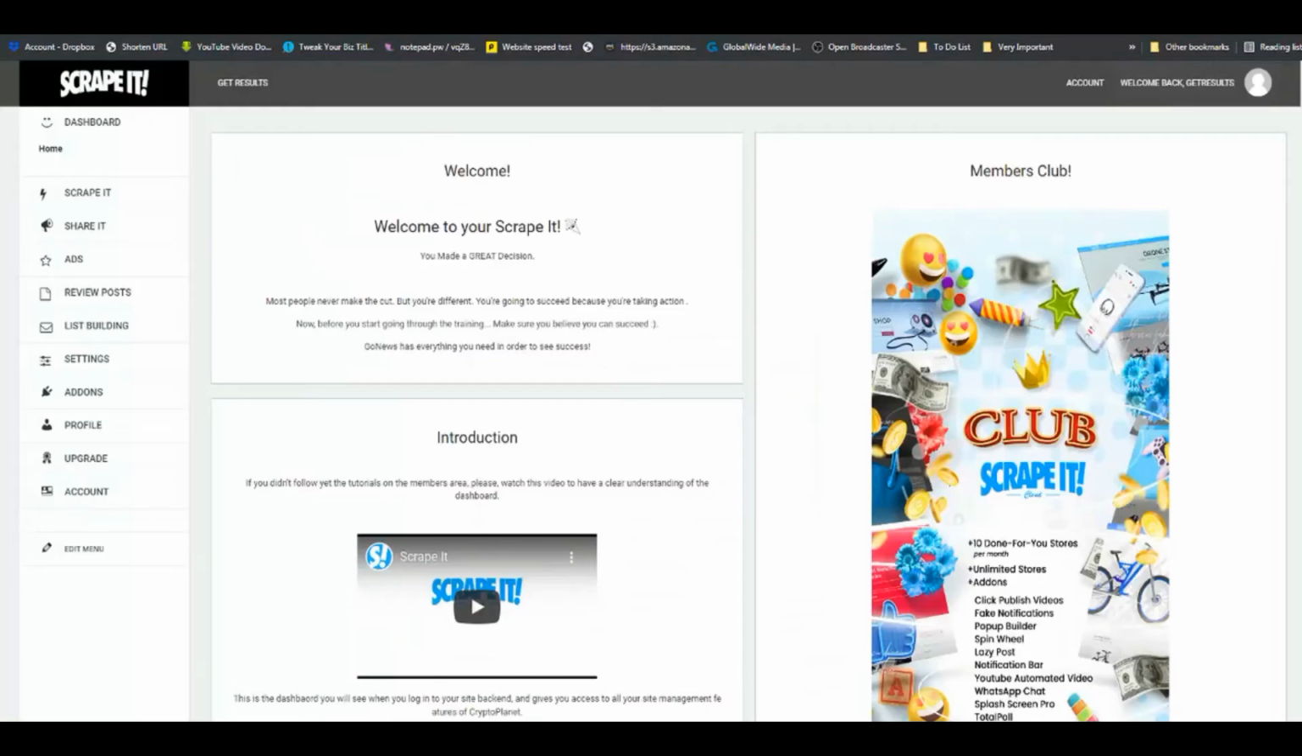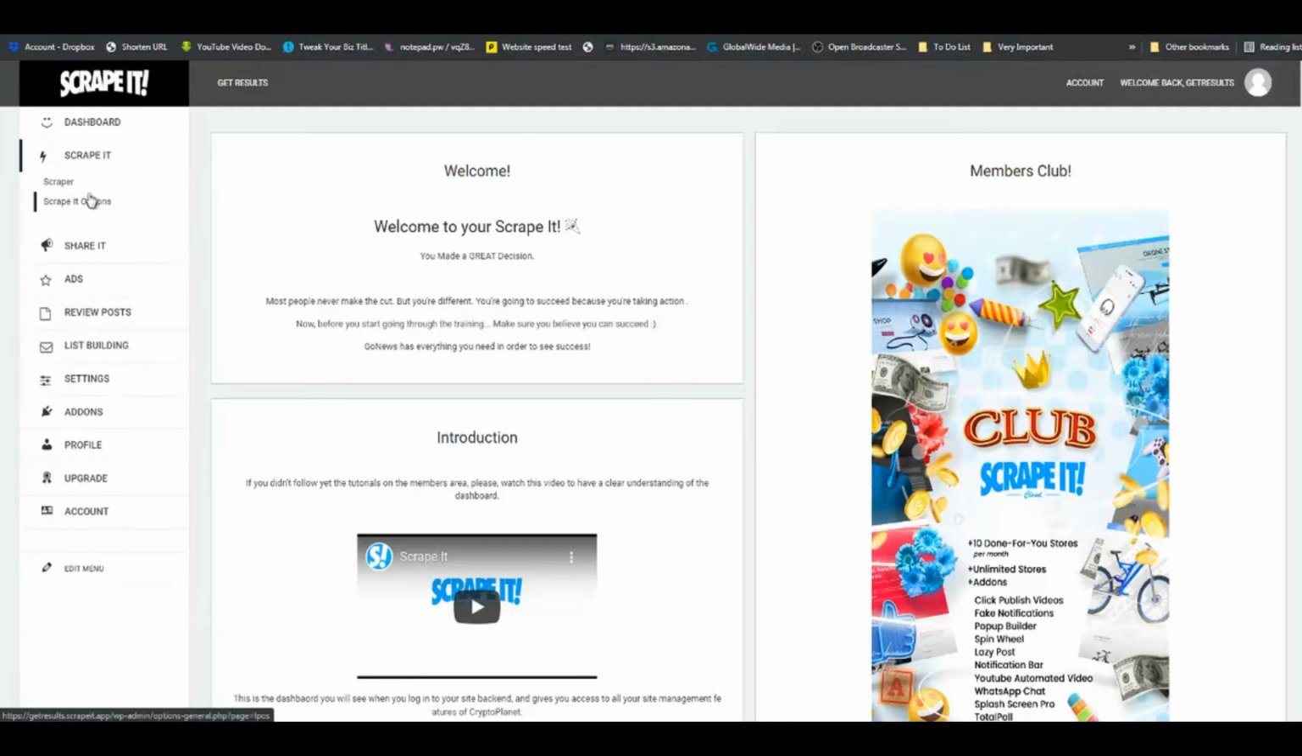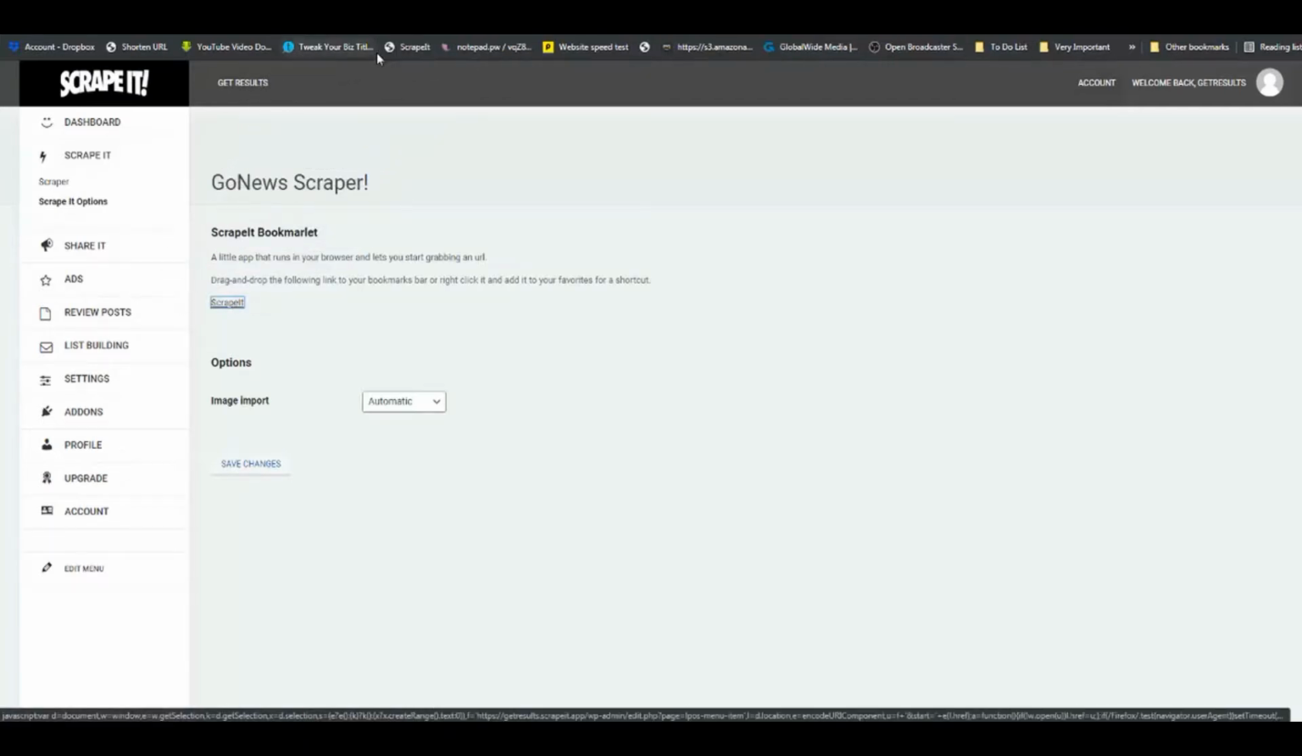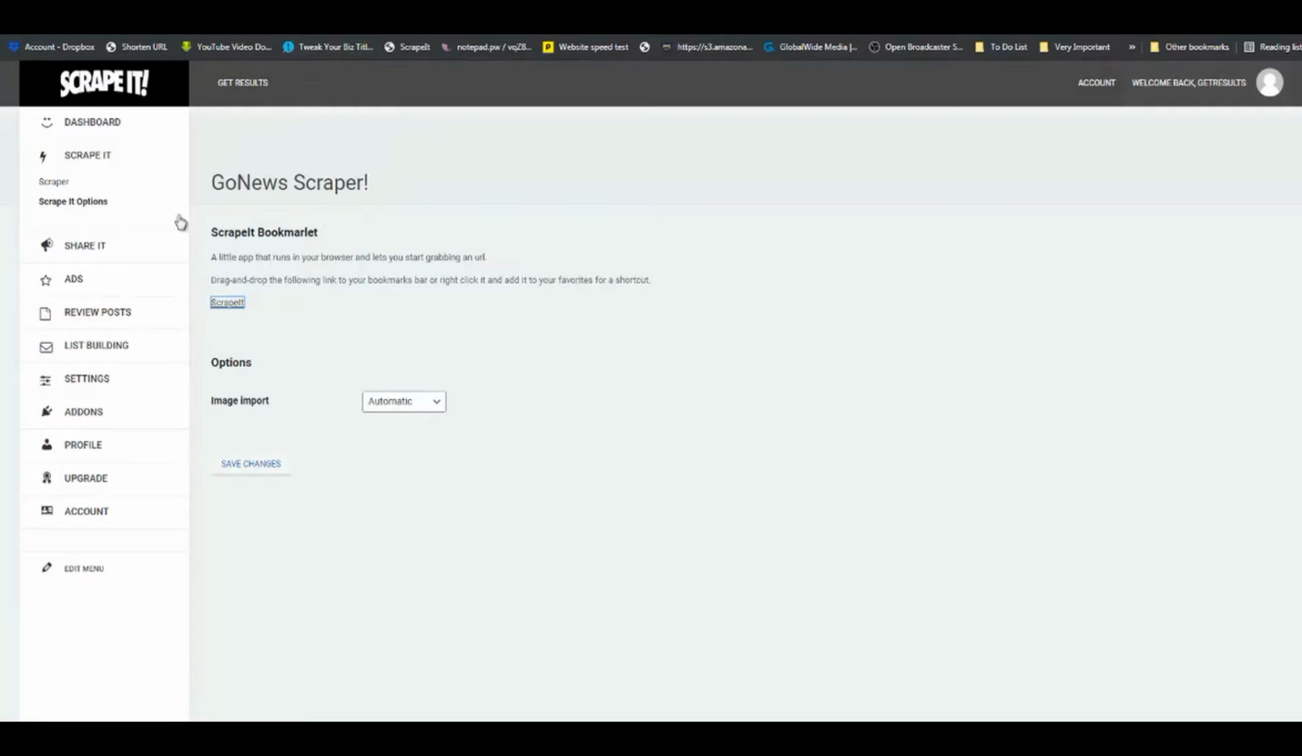So back in the dashboard of Scrapit, the first thing I want you to do is to click on Scrapit right here. Go to Scrapit options, and then just take this little bookmarklet right here, grab it and drop it in your bookmarks bar there. Next thing I want you to do